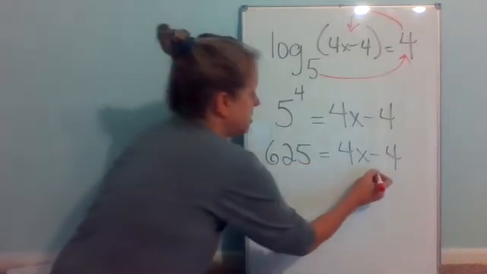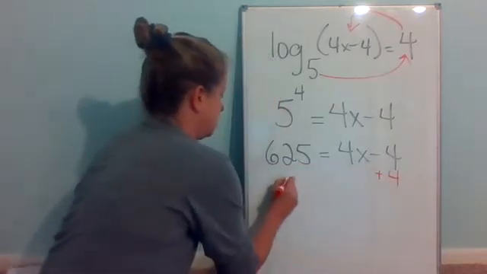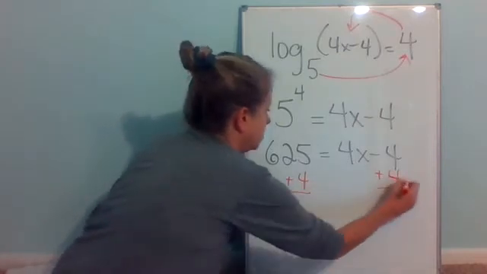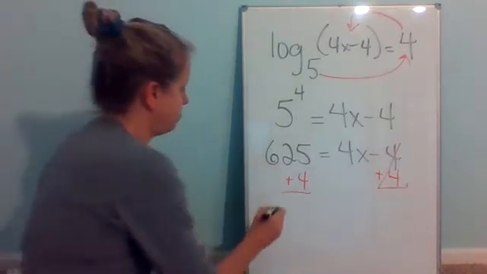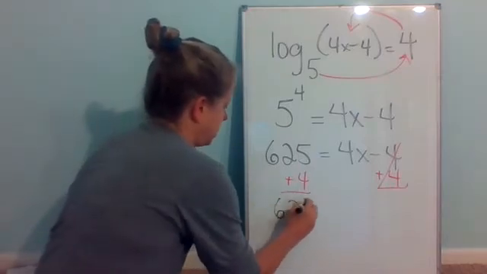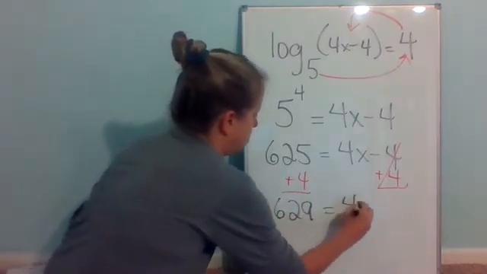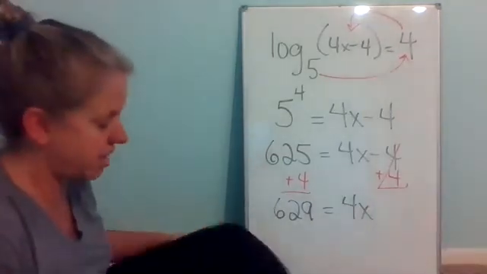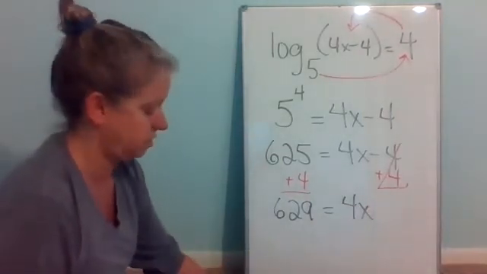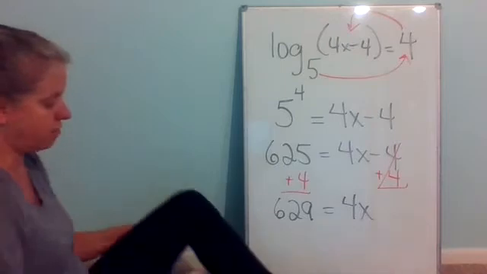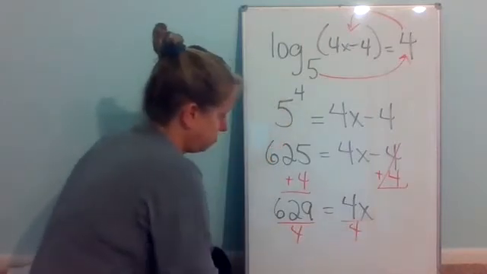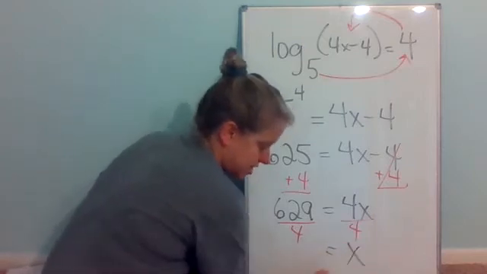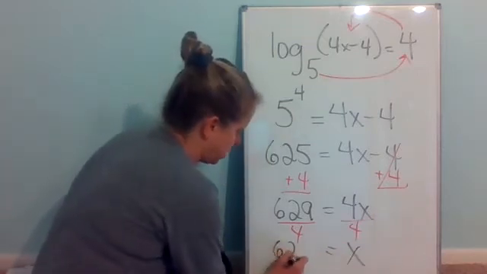If I'm solving for x, I need to add the 4 to both sides. 625 plus 4 gives me 629 equals 4x. Solving for x, I'll just divide by 4. So x equals